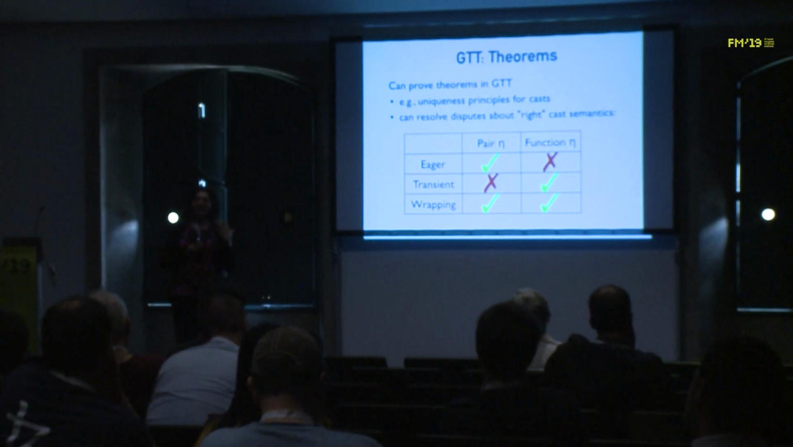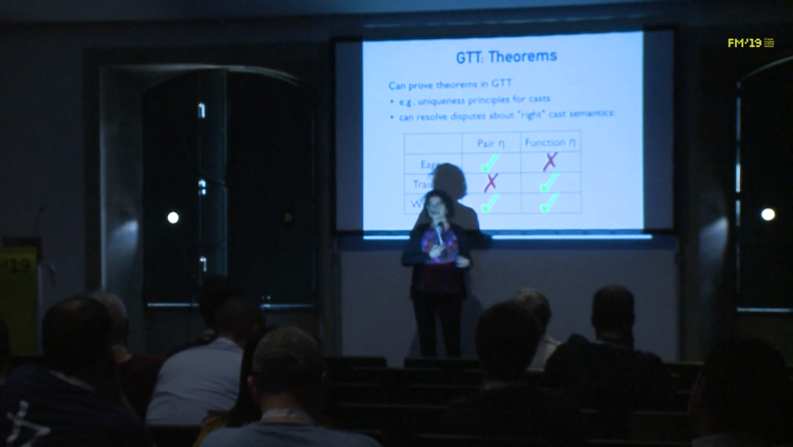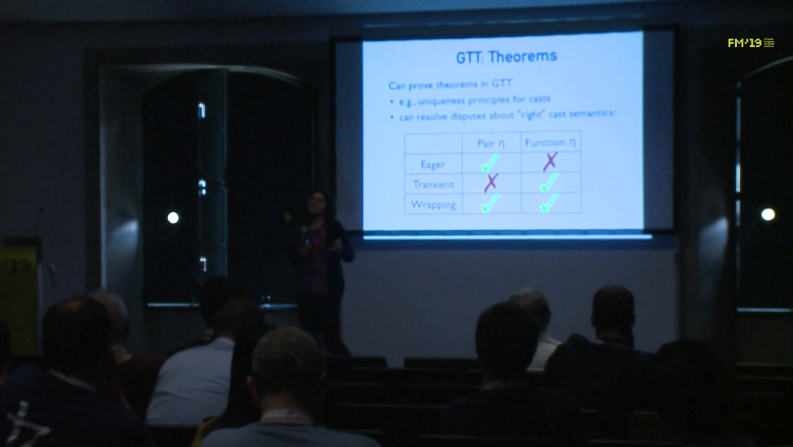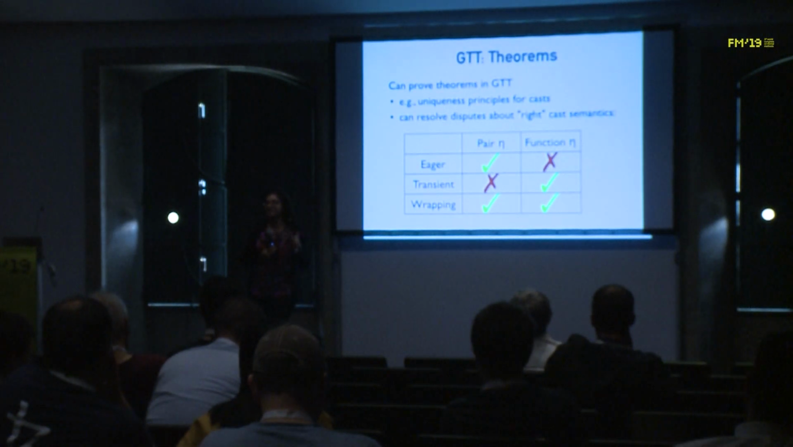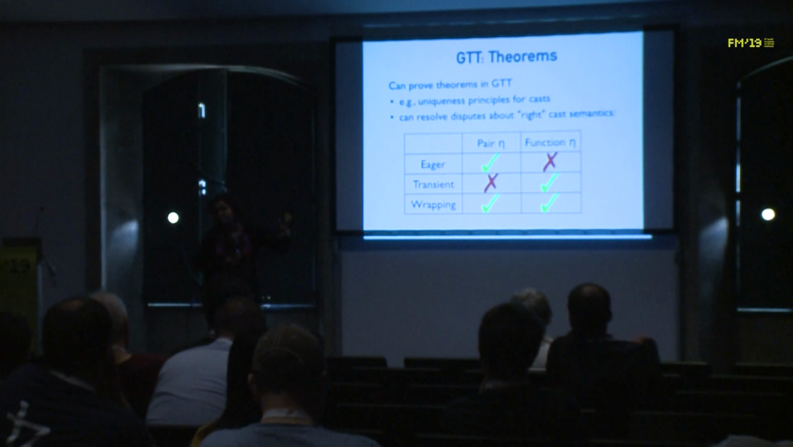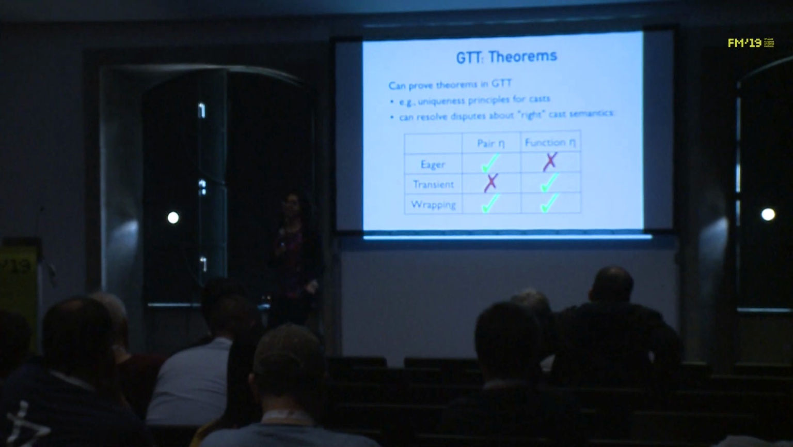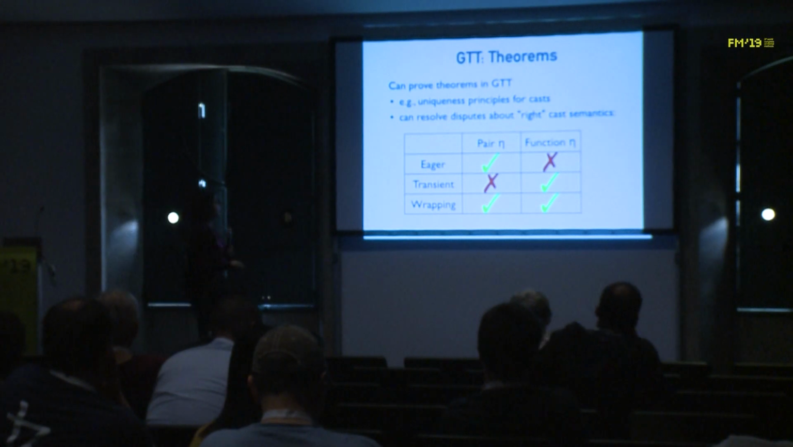So we've shown that for functions, for instance, the function cast must behave like the wrapping semantics, that's the only thing that makes sense if you want the gradual guarantee, graduality, and you want beta and eta principles. And similarly, the wrapping semantics is also the only thing that falls out if you want pairs to have all of those properties. Okay, so